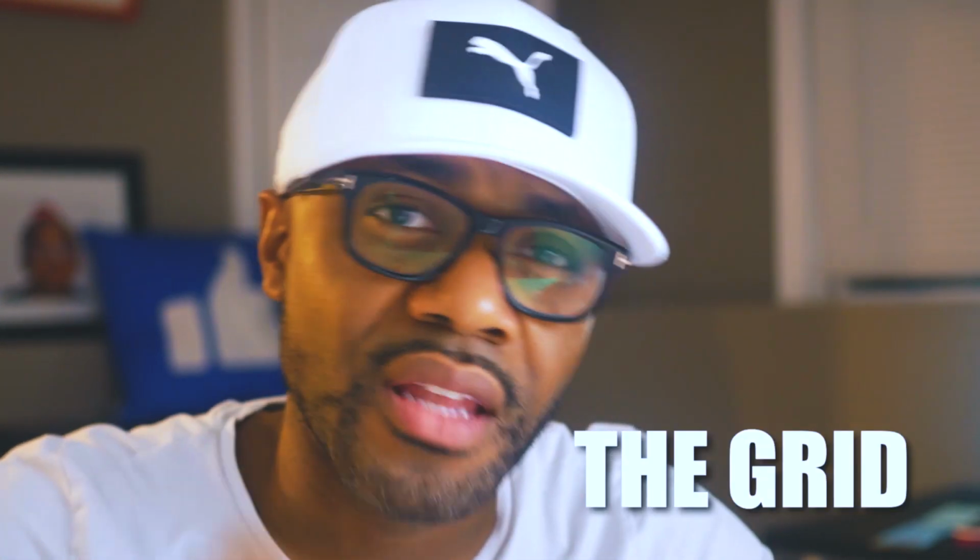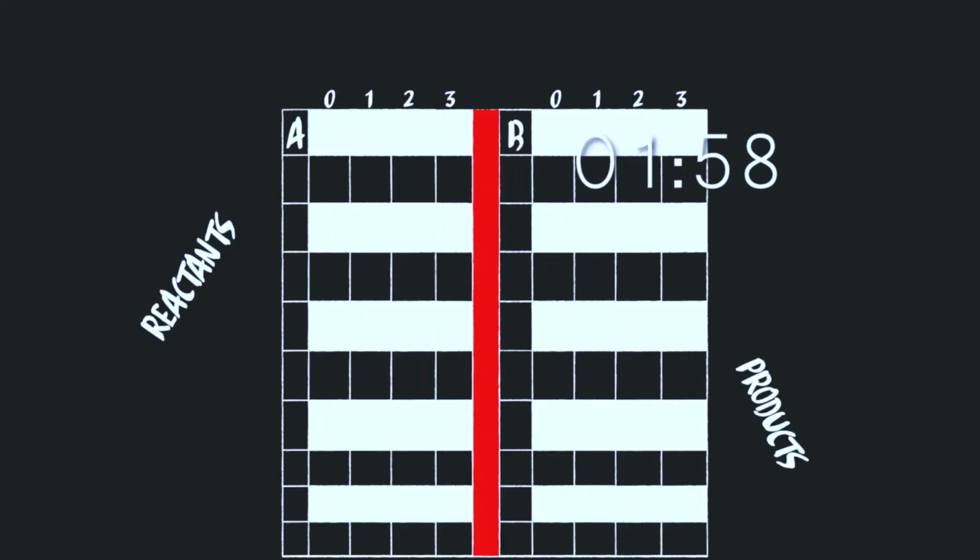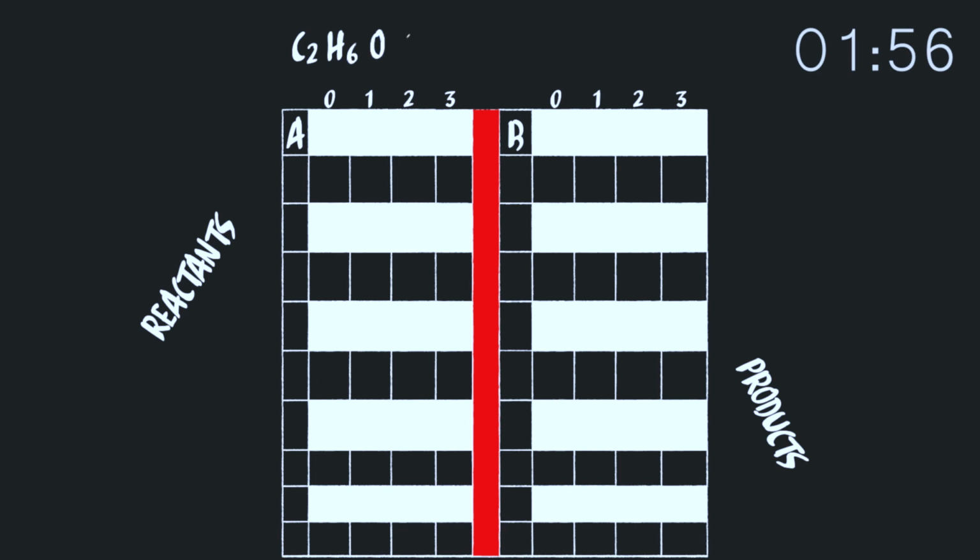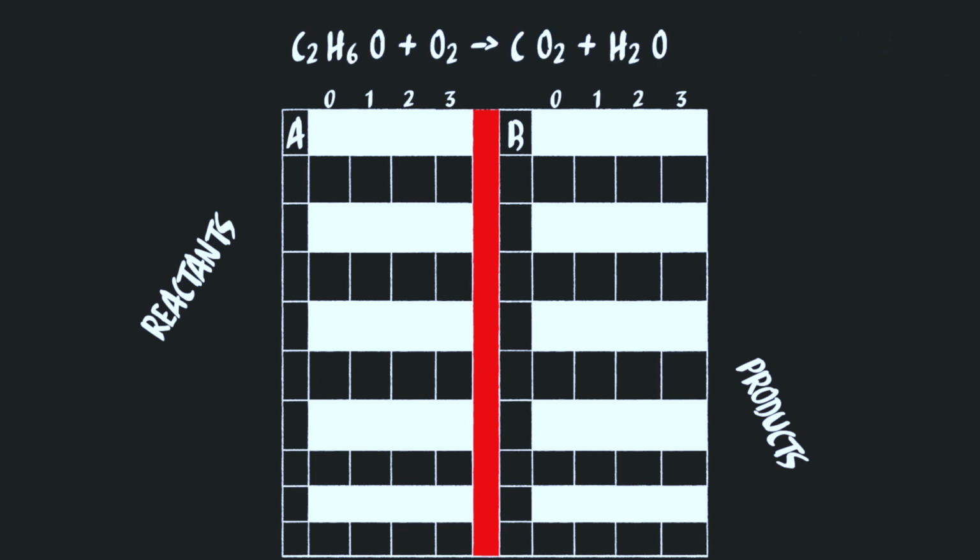Now, 2 minutes, 2 problems, second episode, the grid. Clock starts now. First problem up is a combustion problem. You have C2H6O plus O2 produces CO2 plus H2O. Again, combustion problem. Following the grid as shown, we first list out all the elements in both the product and